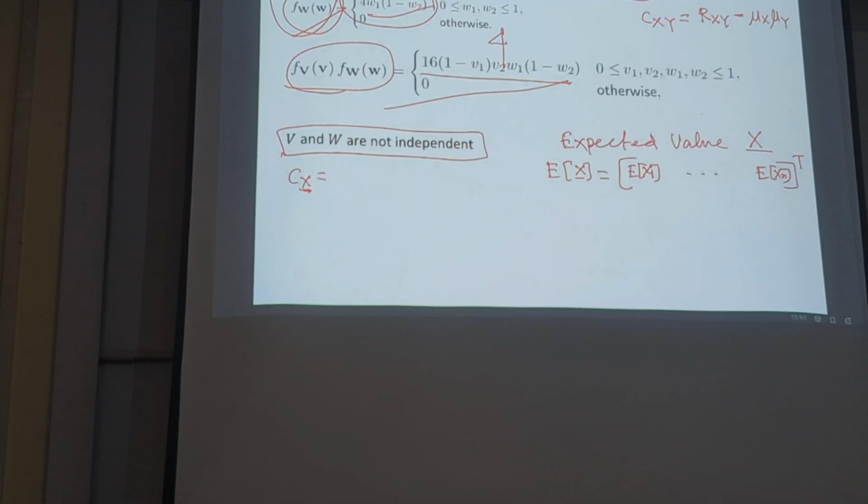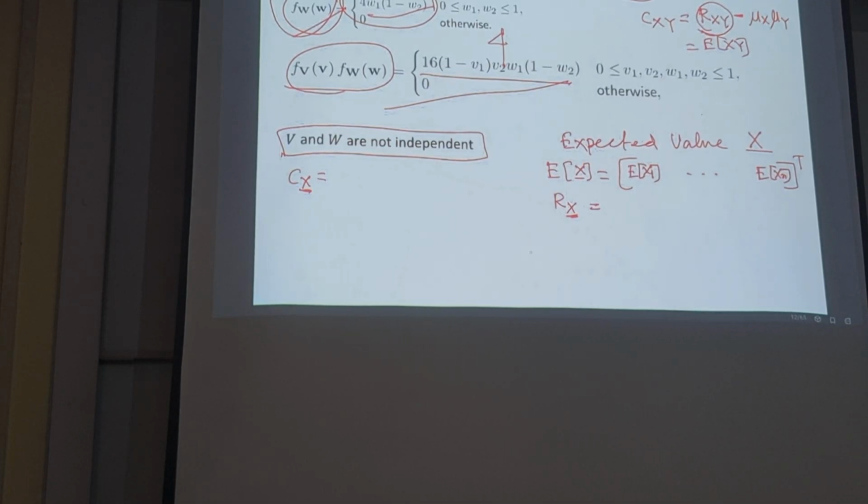Right? So if x and y are two random variables, now we want to see what will be the correlation of a random vector. The correlation of a random vector is, what is this one? This one is this, right? The correlation of x and y is the expected value of